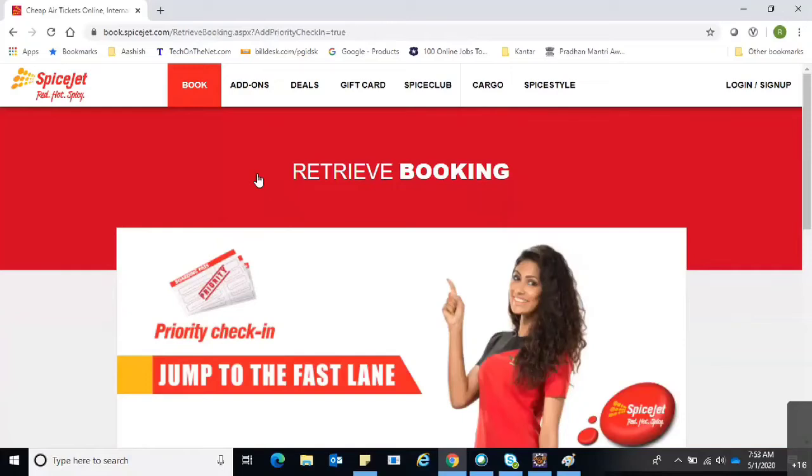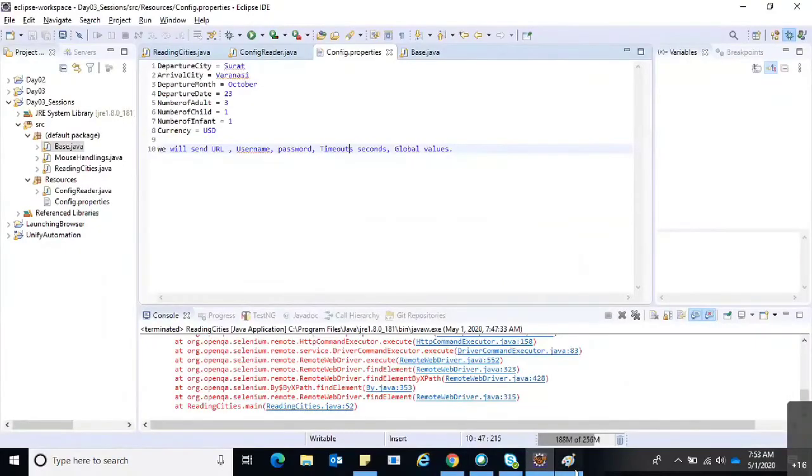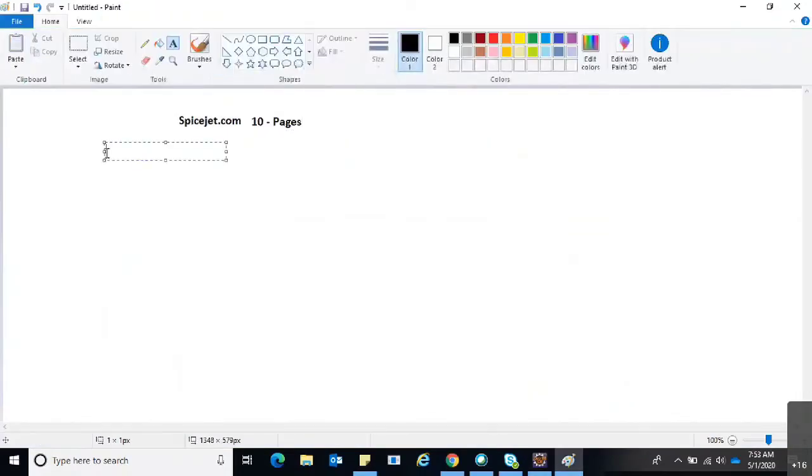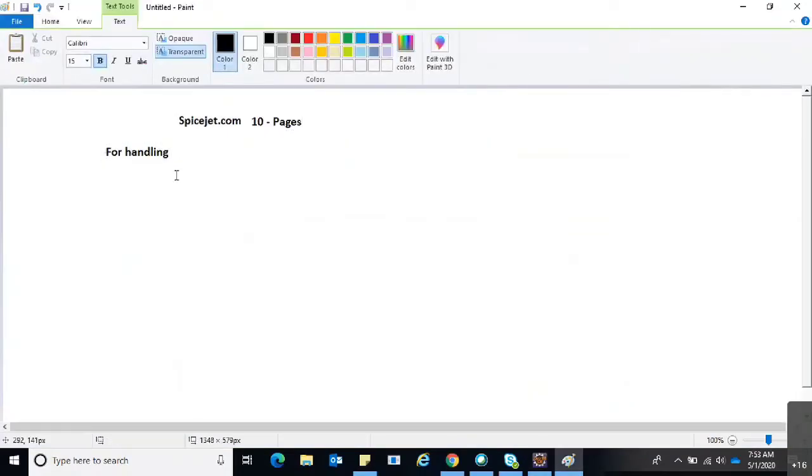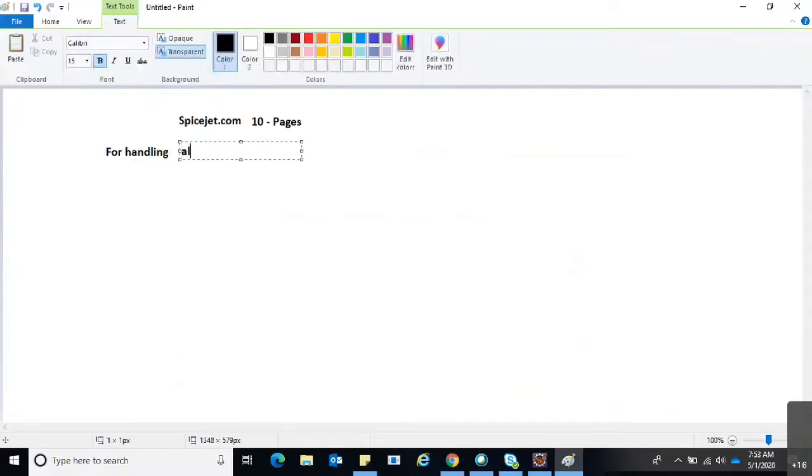So for handling all the web elements of the different web pages, we're going to follow the page object model.